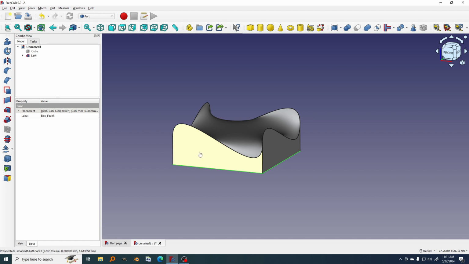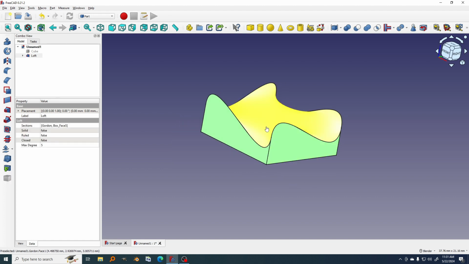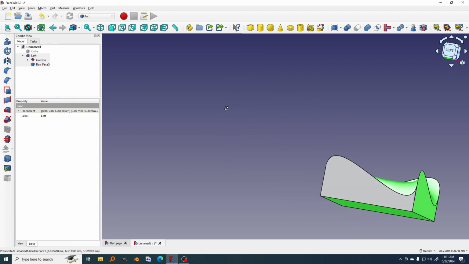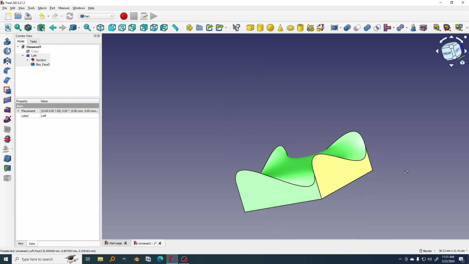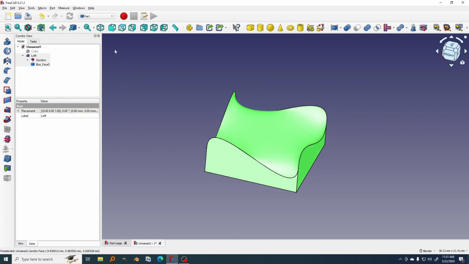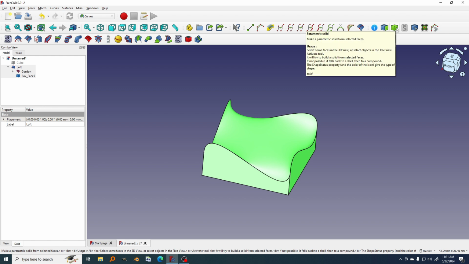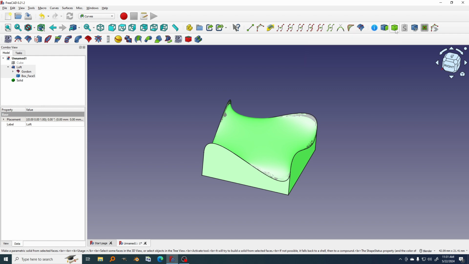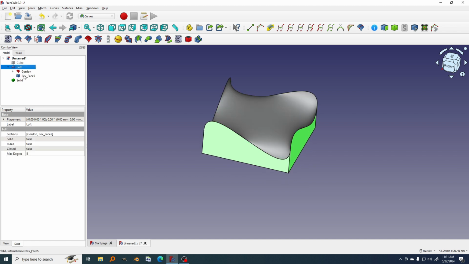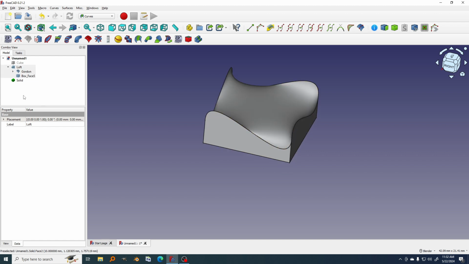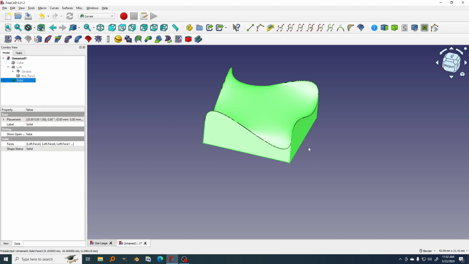Next I will Control select all of the faces available in the viewport. Okay, and I go back to the curve workbench and I will create a parametric solid. Click on it, and I will hide the loft, the golden surface and the face down here, and you can see we have the solid, the green one, created. Alright,